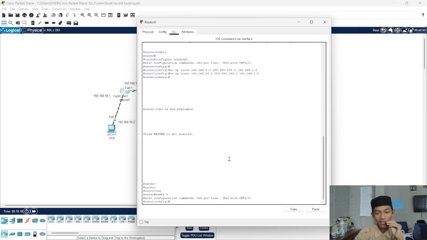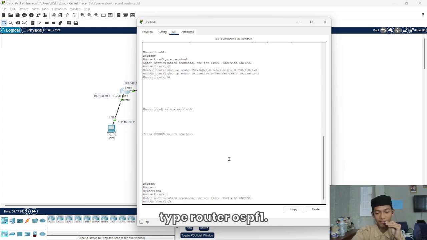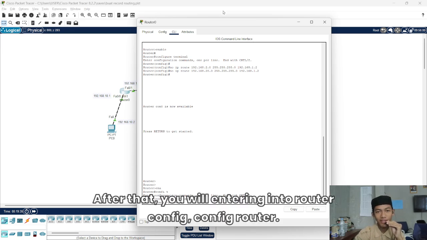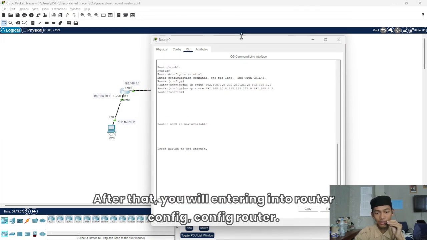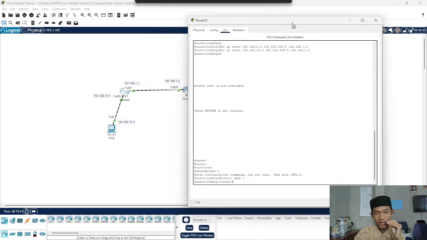After that, if you want to configure OSPF, type in your CLI: router OSPF 1. After that, you will enter router config mode.